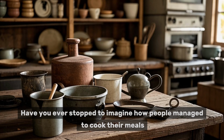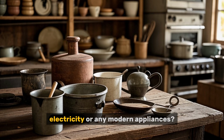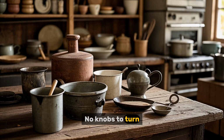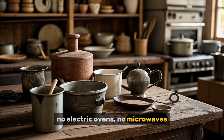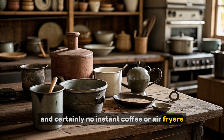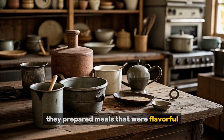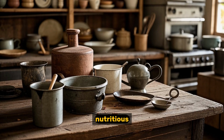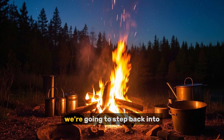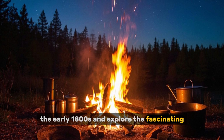Have you ever stopped to imagine how people managed to cook their meals 200 years ago without gas, electricity, or any modern appliances? No knobs to turn, no electric ovens, no microwaves, and certainly no instant coffee or air fryers. Yet, despite lacking technology, they prepared meals that were flavorful, nutritious, and sometimes even more wholesome than what we eat today. In this video, we're going to step back into the early 1800s and explore the fascinating world of